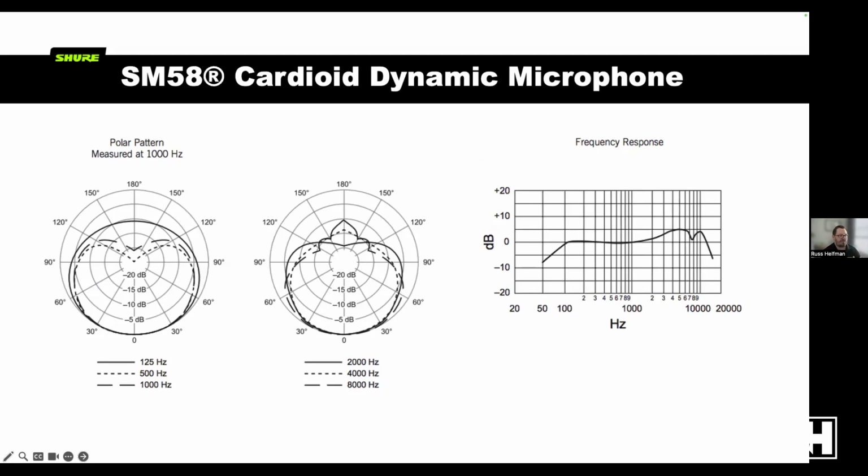So at 125 hertz, which is pretty low, you'll see that it's almost kind of omnidirectional. And then as you get to the higher frequencies, the 500 and 1000 hertz, now you're seeing that kind of heart shape form a little bit more, because bass frequencies tend to be a little bit more omnidirectional, and they're